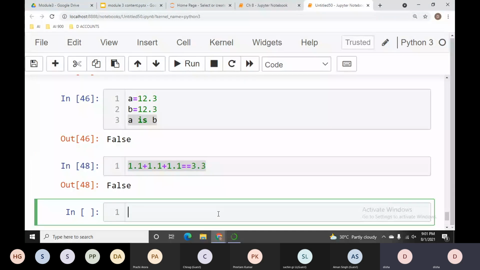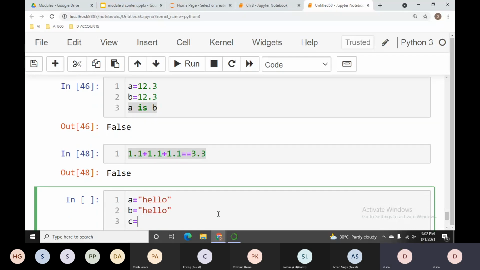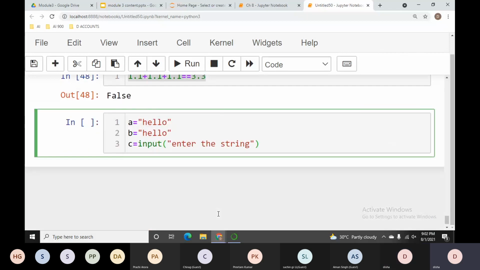Now let us talk about strings. I said A is hello, and B is also hello. And let me take one more string, C, which I'm taking by using the input function. I said enter the string, and this string will be the same.